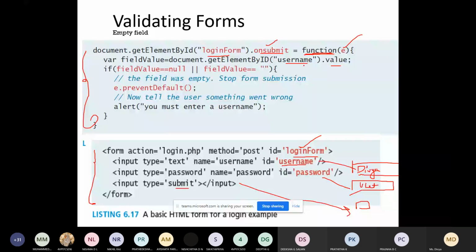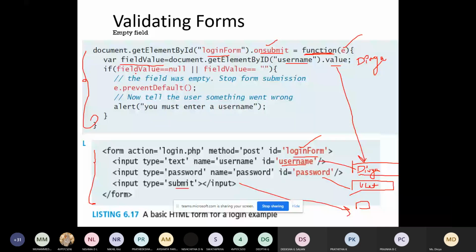Now username dot value, value means whatever content that you have entered here, that is Divya, which will be stored in the variable field value. Now the client is checking.